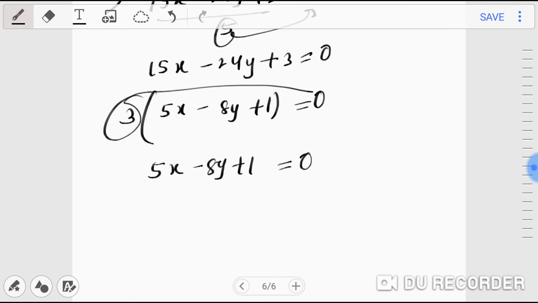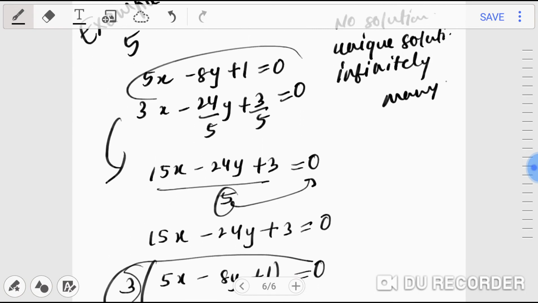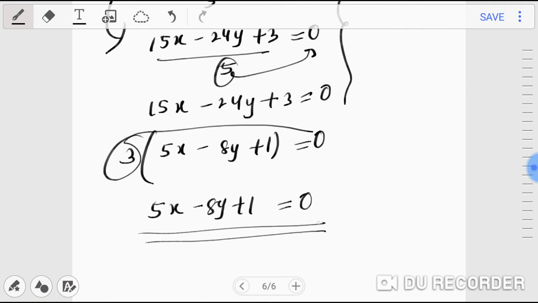Now if you could notice, your first equation is also 5x minus 8y plus 1 is equal to 0. And when you simplified your second equation, you got the same, that is 5x minus 8y plus 1 is equal to 0. That means the two equations are coincident equations. That means अगर इनके आपने ग्राफ प्लॉट किए तो you will not get two different graphs. You will not get two different lines. You will get one line. And you notice that when the graph is coincident, then you have infinitely many solutions.